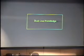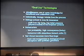And interestingly, you speak to many people in the life sciences, they don't even know what you're talking about. The people in physics, engineering, and computing have long come to understand this issue of dual-use knowledge, namely knowledge which can be used simultaneously for beneficent and malevolent purposes. Historically, biology has been remote from this process, but as we shift from what I colloquially call the Big Bang, Big Metal weaponry of the previous century to where the life sciences will become increasingly engaged,